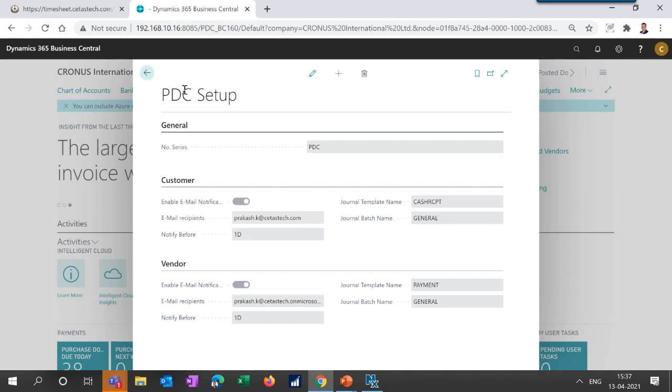You'll be able to set up this notification so that the user gets an alert and can act on it. And you can set up number series on the journal batch and templates. That's on the PDC setup page.